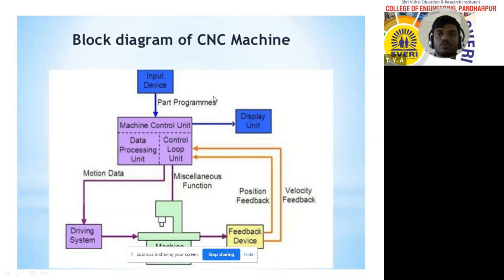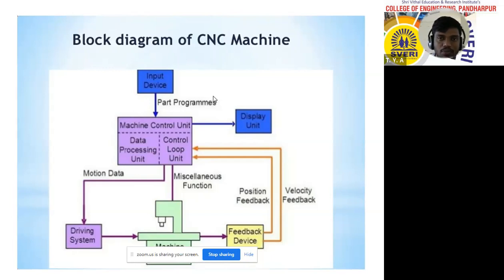We provide the input for any CNC machine in terms of the part program. The programmer should complete the required program, and that program has to be supplied as input to the CNC machine, in the sense of the MCU, the machine control unit, the supercomputer. Once you supply that program into the